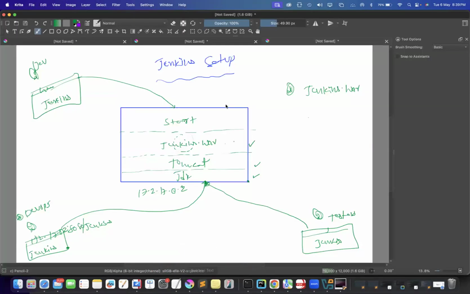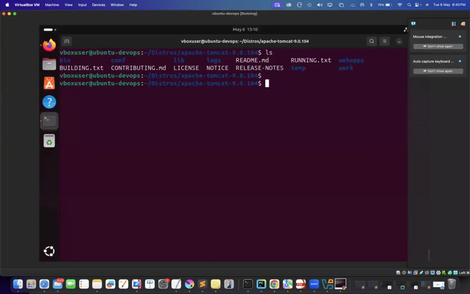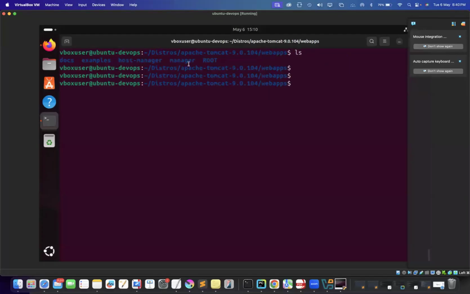And remember, don't use this machine for any other things. This is only for Jenkins. That means we do the builds in the Jenkins server only, right? So you keep this machine only for your builds, only for your Jenkins. Don't do any other things here in production. So we deploy the code into webapps, right? Yes. Okay. Here we deploy